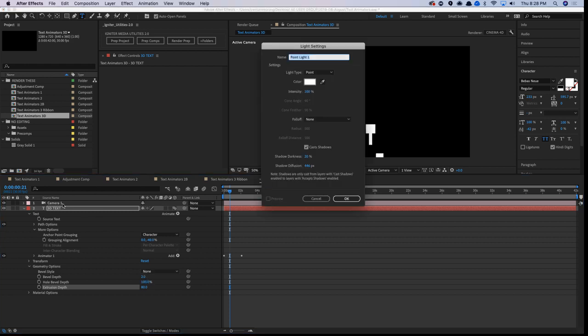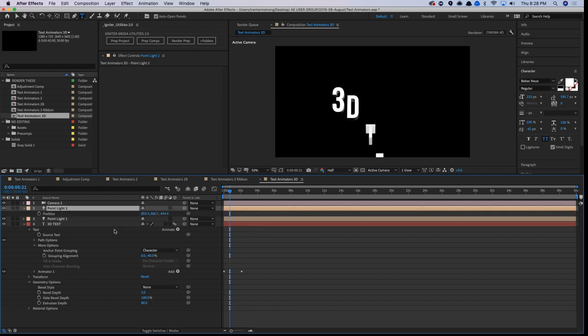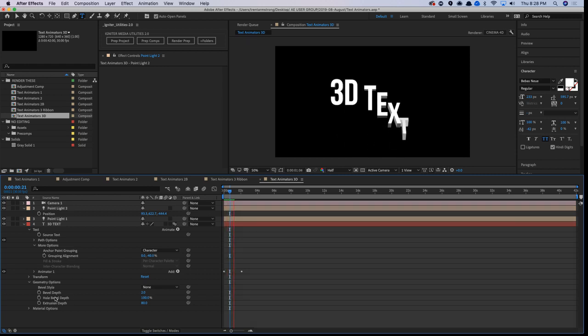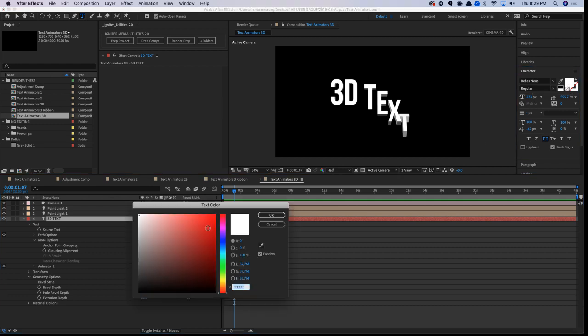If I put a light in here, you can see that my text has a 3D shape. Do 2 lights, put 1 down to the side a little bit so we can see the depth. Now, see that animation there, right? Not only that, I can change the color of my text,